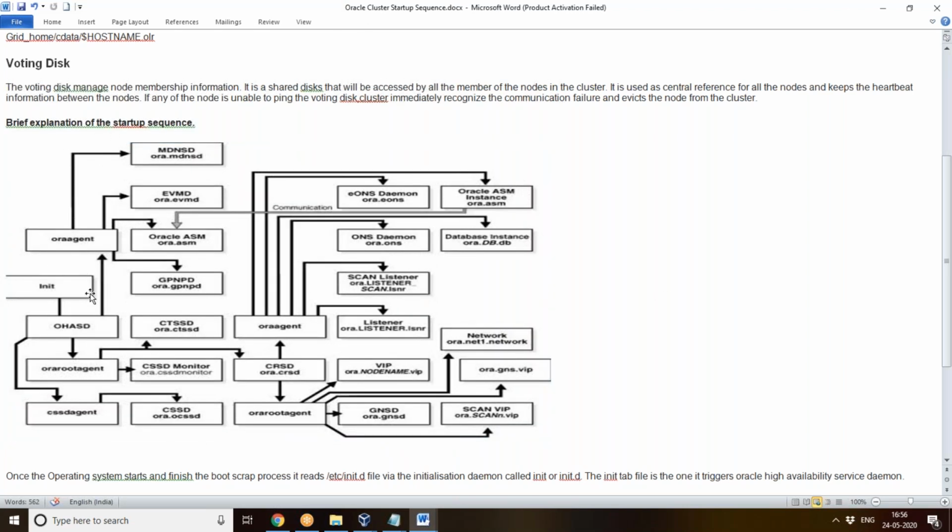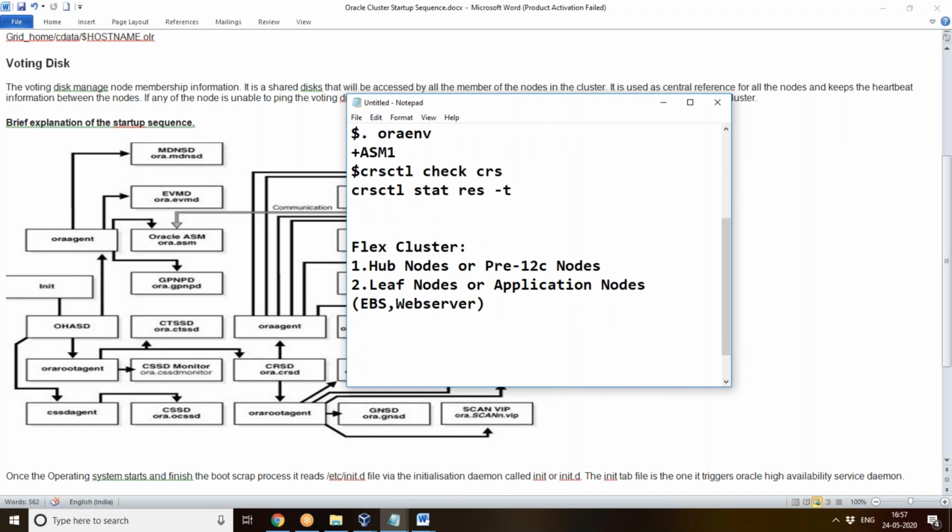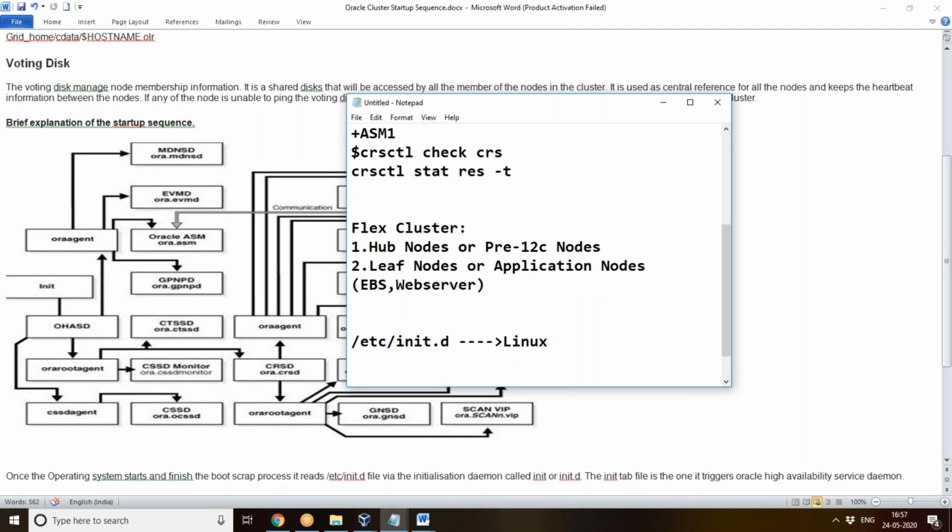Normally in Linux systems we have /etc/init.d, which is the startup file in Linux. It is the startup file for starting the cluster.